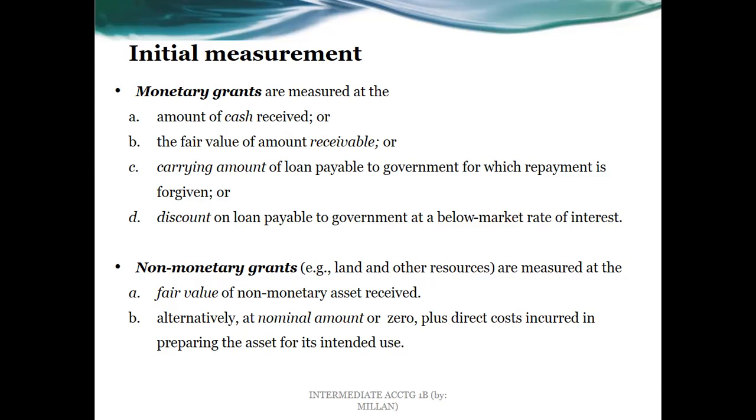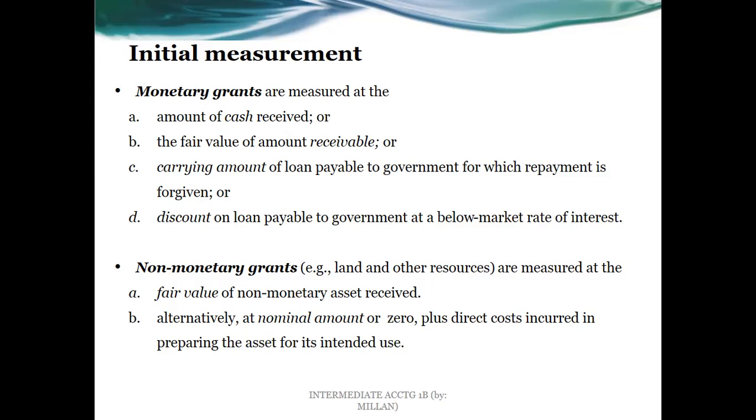So the 500,000 is a sort of government grant in our case. Next, non-monetary grants. For example, land and other resources are measured at the fair value. This is, of course, a basic concept for non-cash assets, wherein they have to be recorded at fair values. And as an alternative or another option, it can be a nominal amount or any other amount if no fair value, or zero, plus direct costs incurred in preparing the asset for its intended use, which is something that is